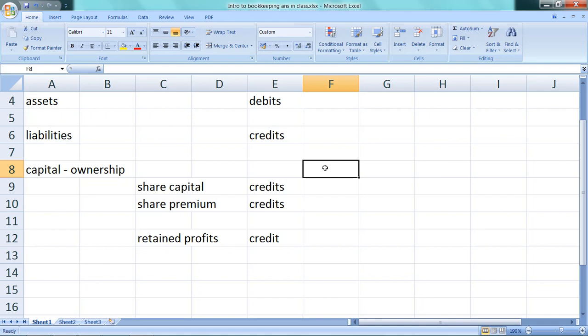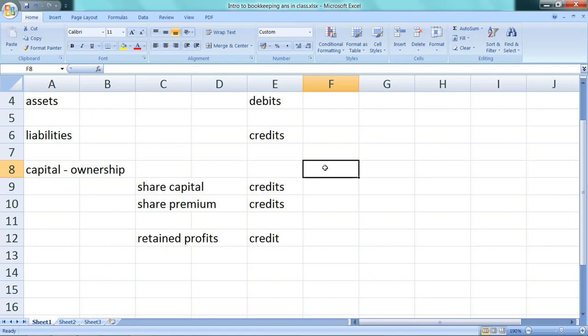So the way I've listed these things down here is our bog standard UK version of a balance sheet. You just list all the assets, then list all the liabilities, and subtotal it. You then list all the capital, i.e. all the ownership interest, and then subtotal it. This subtotal must equal that subtotal. That's all your balance sheet does.